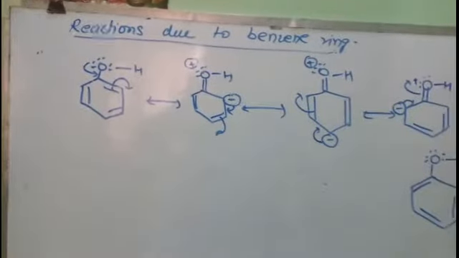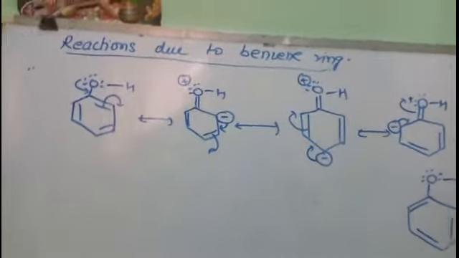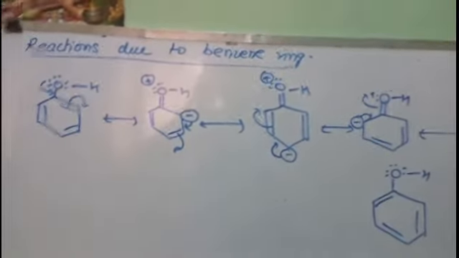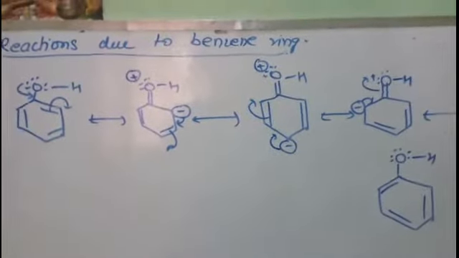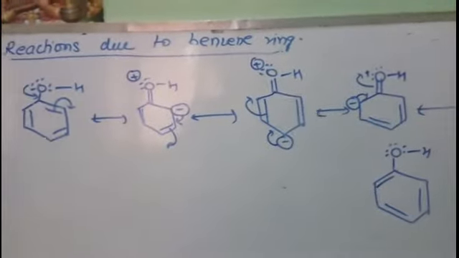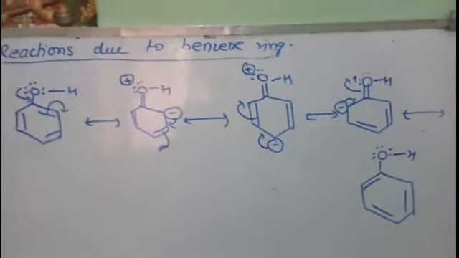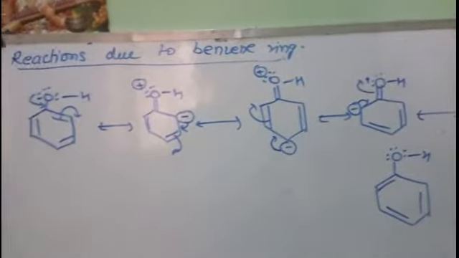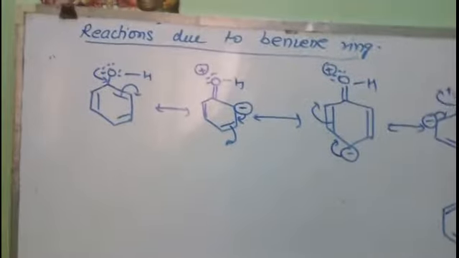So in all the reactions in which the phenolic group is involved, the ortho and para substitution will take place, and due to its highly activating nature, due to this plus M effect, the benzene ring is highly activated, and under milder conditions also it will undergo electrophilic substitution reaction. So next we will study the electrophilic substitution reactions one by one, right? So first we will study nitration.